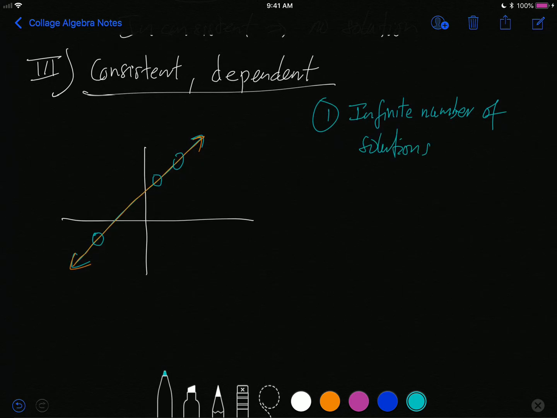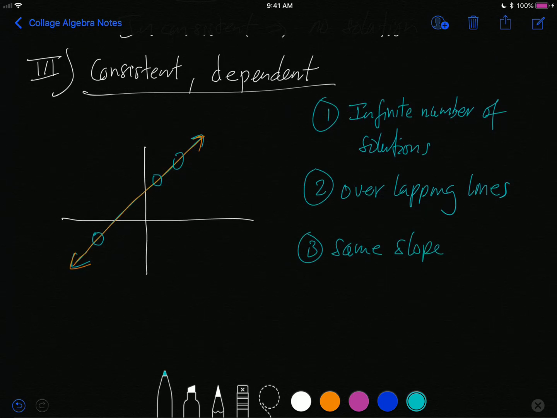Which is interesting, by the way. How do you write an infinite number of answers? If you look at the graphs, what we have is overlapping lines. We have the same line on top of each other when you graph the two equations. You're solving graphically. And they will have the same slope, and they will have the same y intercept. When we have that, we have a system that is said to be consistent because we are getting solutions, but dependent